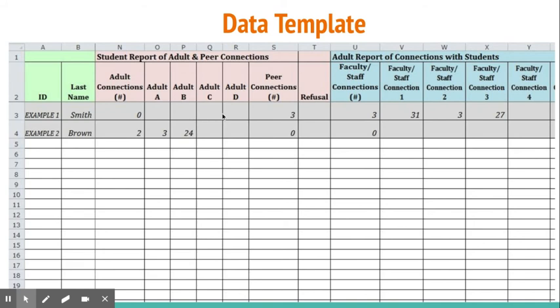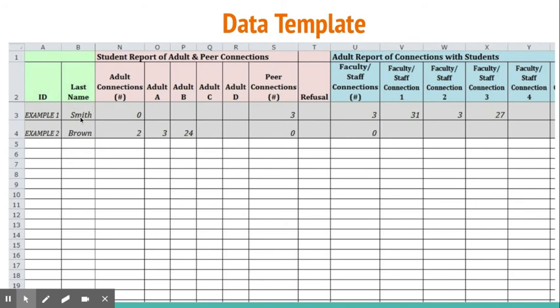We would look first maybe to see if they named any adults. And then if not, if any adults named them. And those are the people that we would reach out to and say, hey, could you check in with Kelly Smith? She's really struggling. Or could you reach out to Kelly's family? And that would be a way we could use the data. Let me walk you through these 2 examples just so you can understand, because it does get a little confusing.